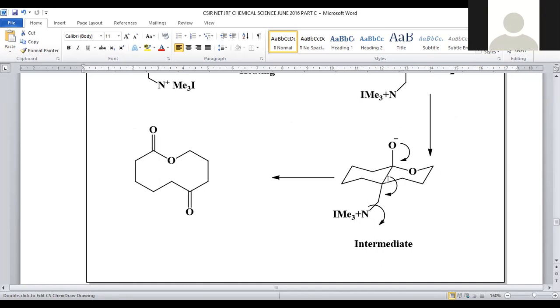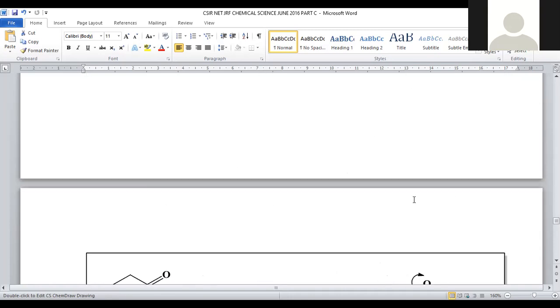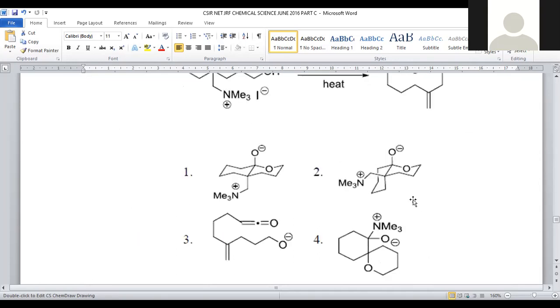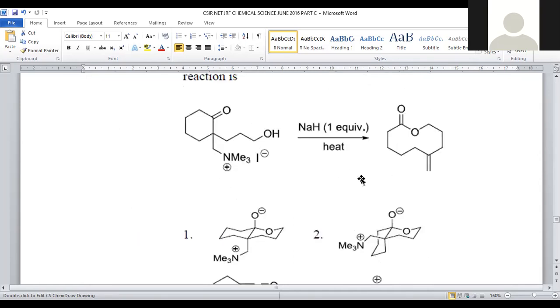Here we have two 6-membered ring systems and oxide will be back polarized. What happens? This internal bond will be polarized in this manner and subsequent cleavage of the quaternary salt is possible. This is the actual intermediate what we are expecting. And the remaining structure will be here, double bond will be there, here ether will be there. This is said to be a lactone ring, cyclic lactone ring. And one more double bond will be there within the reaction.